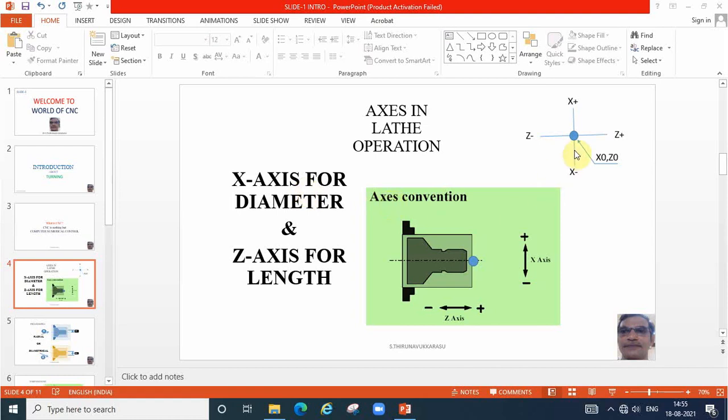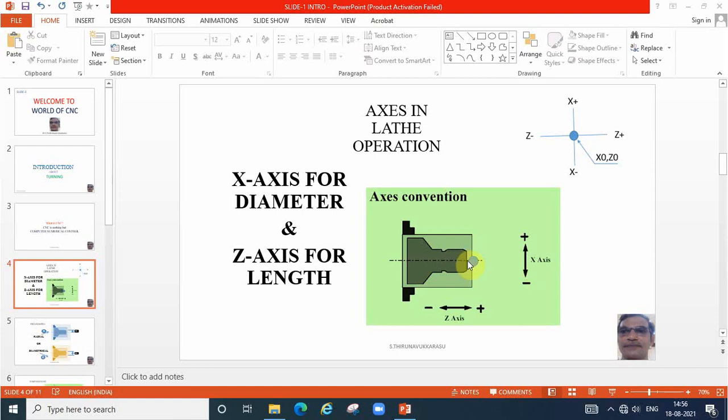This is the reference point. The reference point is fixed at the middle portion of the workpiece at the facing side. From this point we give all the dimensions. When the tool is moving outside, to the right side of the workpiece, it is Z plus. When the tool is moving inside the workpiece, it is Z minus, a negative value.